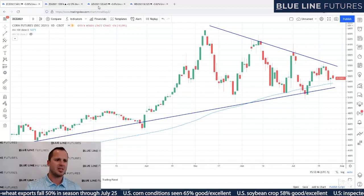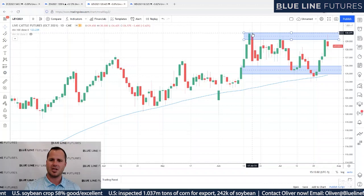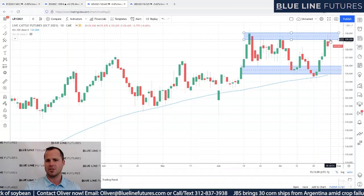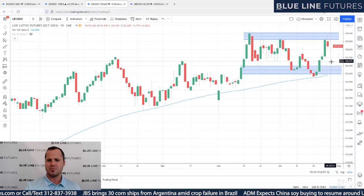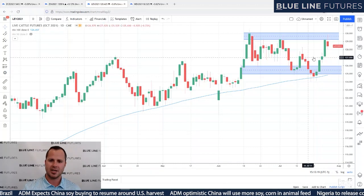Now, moving over to the livestock side of things, a little range bound as well. We got up towards the top end of the range in October. Live cattle failed to really get out above there and make new contract highs, so that probably encouraged a little bit of long liquidation here today. If we see some follow through from that, I wouldn't be surprised to see a retest of the low end of the range, which comes in a little bit closer towards 126,